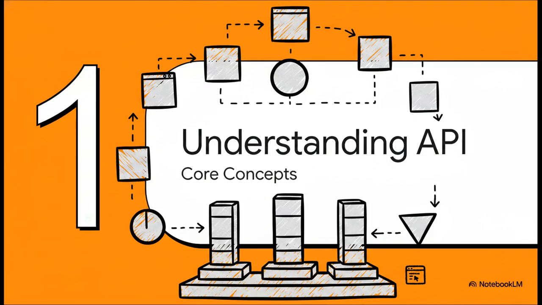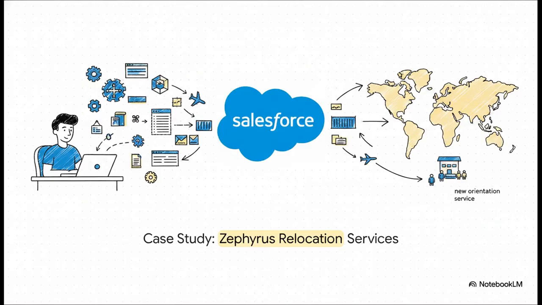Section 1. Understanding the Metadata API. Core concepts. To ground all this theory, let's look at a fictional case study, Zephyrus Relocation Services. Imagine you're a developer here. The company is expanding like wildfire into Asia and South America, and you need to migrate massive org changes, like entirely new orientation services, across a global footprint. This isn't just updating a single field, right? This is moving complex schema safely and efficiently, and that is exactly where the Metadata API is going to be